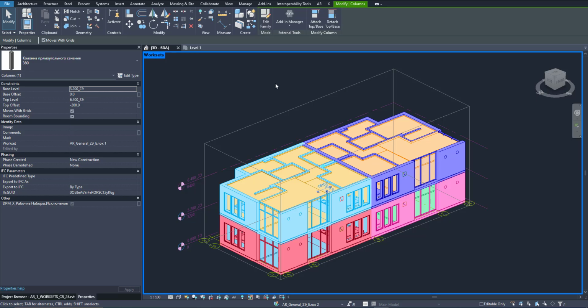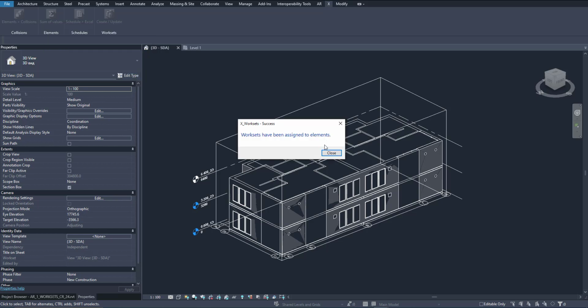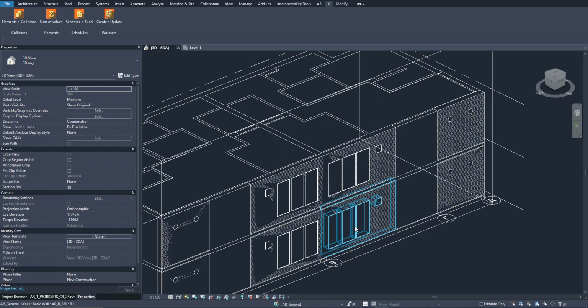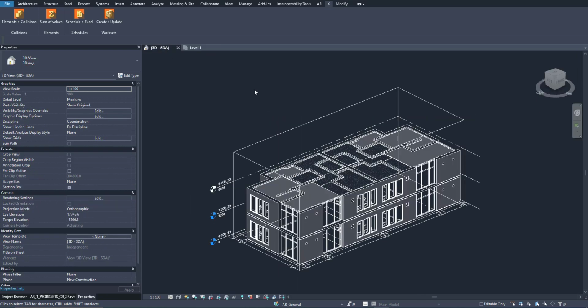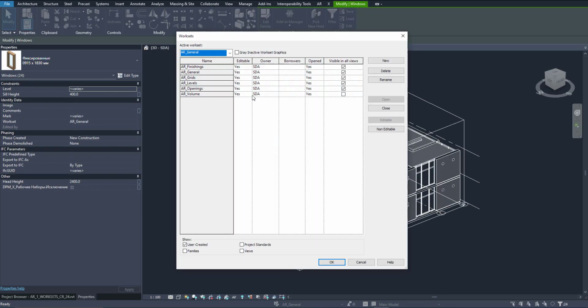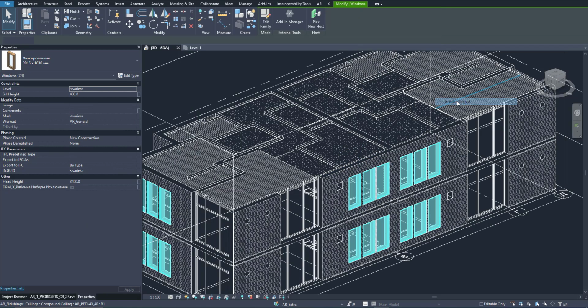What else I wanted to add? Sometimes we have cases when we need to create one or more worksets that will be outside this list, and we will add elements there. We must be sure that they will not be overwritten into the main ones. That is, for example, all windows are always in the general workset. But for some reason I need to separate them for today in an additional workset, and I will create a workset of a unique name, for example extra or something else. After that, we put all windows into the new workset, extra,